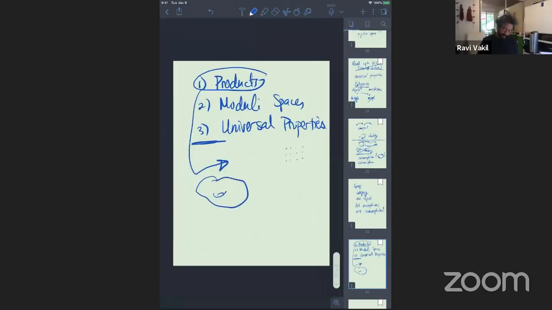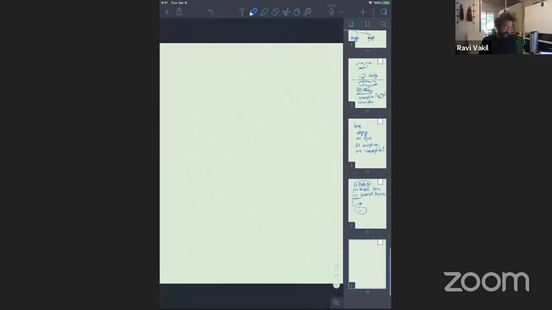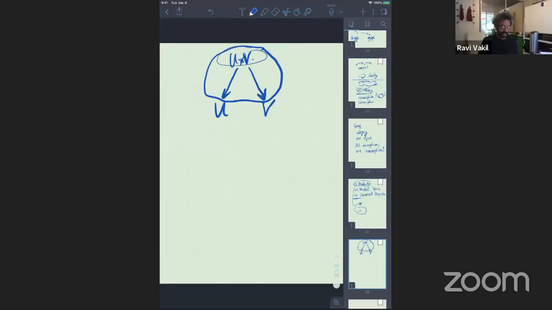So if you have two sets, U and V, and just to let you know where I'm going with this, I'm going to later say that everything is exactly the same with vector spaces or groups, then I will define something called U cross V. What is this thing? I'll define it in the following way. It's something which is going to have maps to U and to V. And this is the thing which I'm going to call the product, not just this thing here, but also with the maps to U and V. Okay, that's not yet a definition.